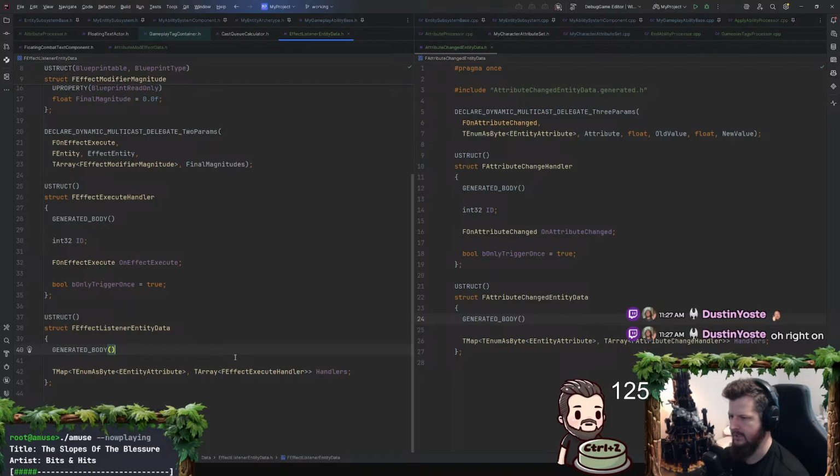And now I'm creating a piece of data to listen to effect executions so that I can say, hey, my player is an entity, right? I want to be able to say, hey, I want to know when a damage event happens so that I can show damage numbers, right? When damage happens to my player, when my player deals damage. And I guess right now, these listeners would have to go on to the things that we're targeting.